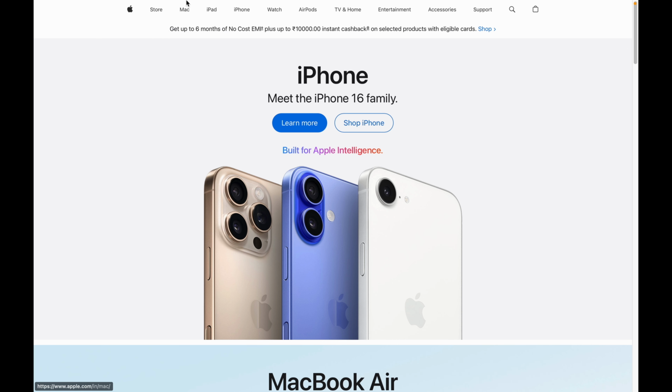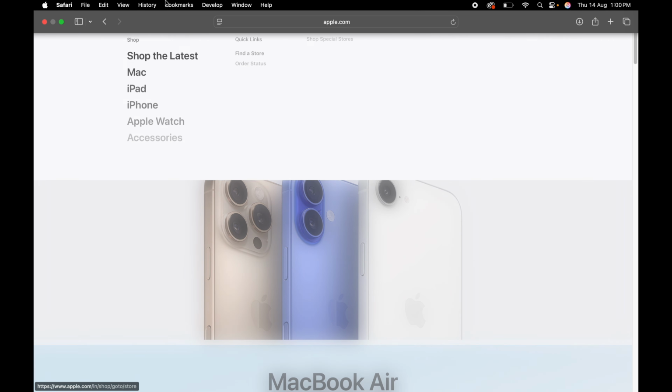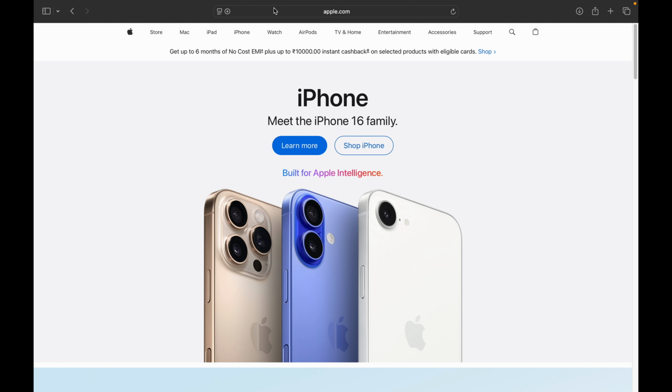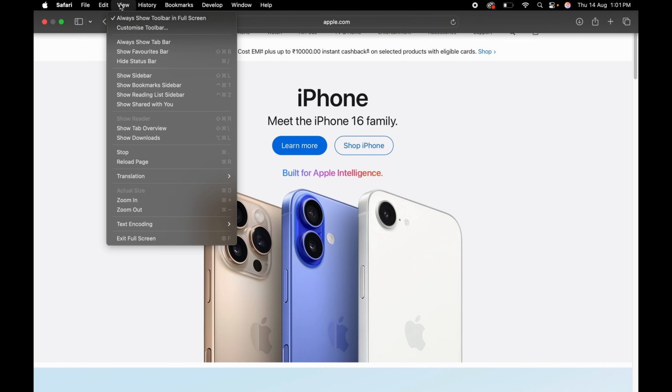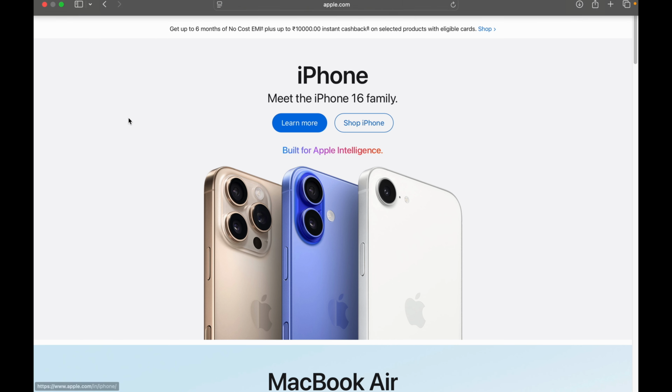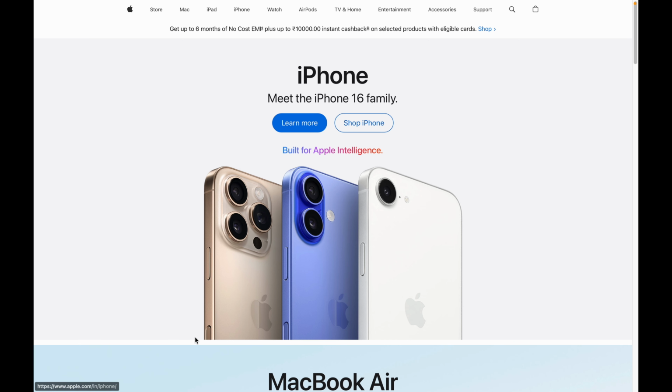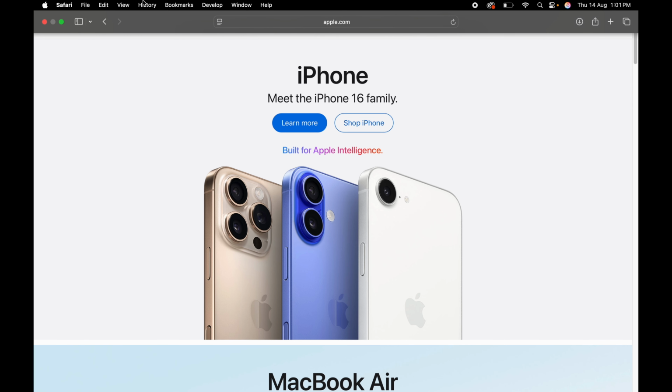Now the first option is always show toolbar in full screen. By default, Safari hides the toolbar when you go full screen. Turn this on if you always want your address bar and buttons visible, even in full screen mode. It's great if you are doing work and don't want to keep moving your mouse up just to see the